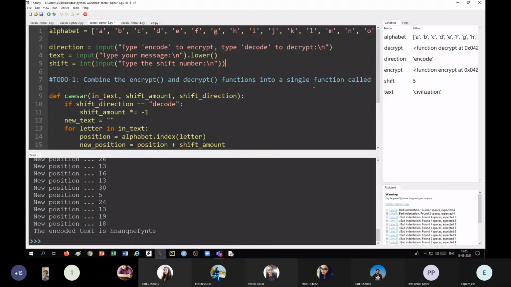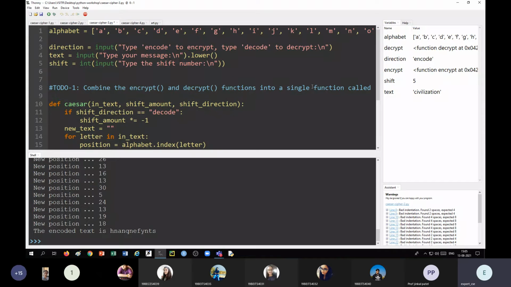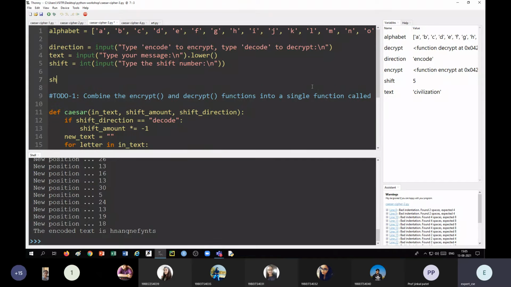Second thing, if your shift amount is very big, sometimes then you take shift is equal to shift mod 26. So now it will always be between 0 to 25.